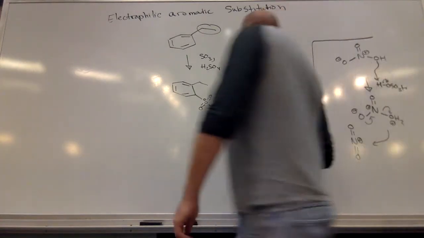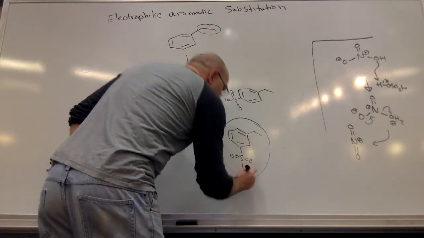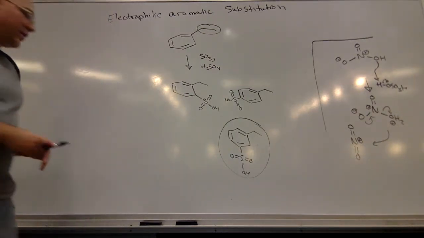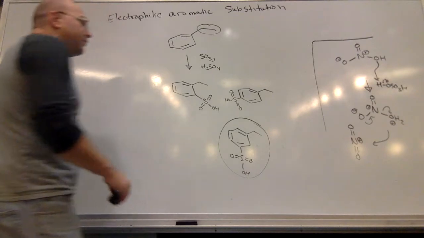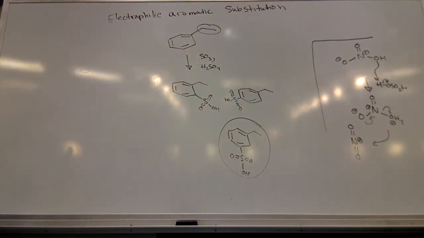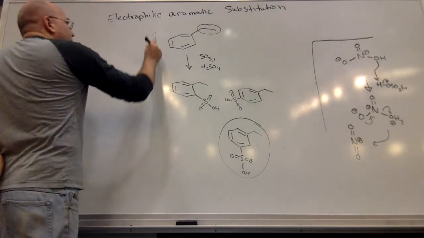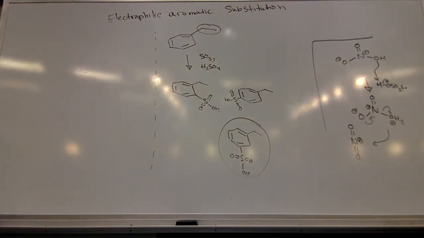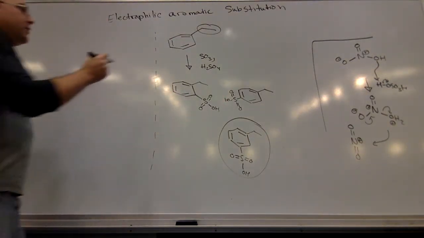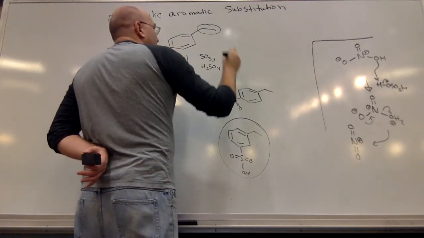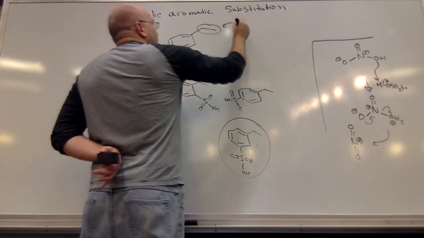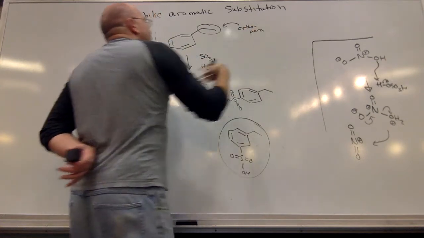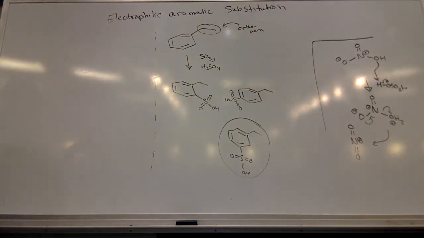And the question would be, how would we make that? And there's a couple of ways that we could do this. Okay, and the overall point that I'm trying to make here is that if you have a donor group, a resonance donor group, you're going to be ortho-para. But in general, and we'll see that this isn't the case for halides,